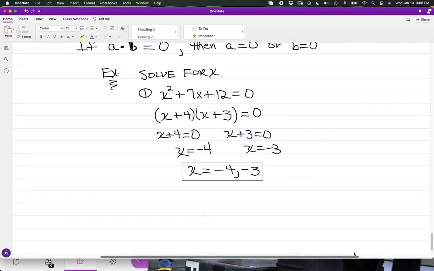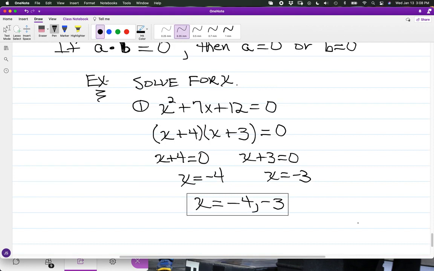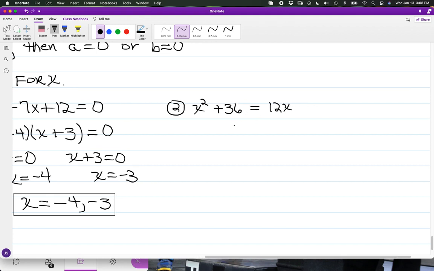And let's say that we have as a second case an equation that is quadratic, but it is not yet in standard form. And we'll say that we have for this one x squared plus 36 is equal to 12x. Again, you're looking at the values of x such that x squared plus 36 is equal to 12 times